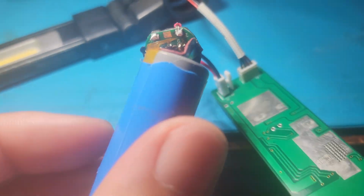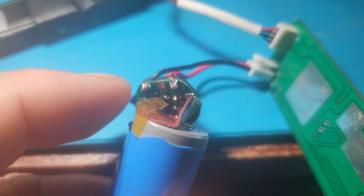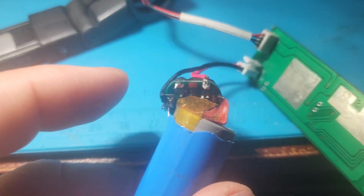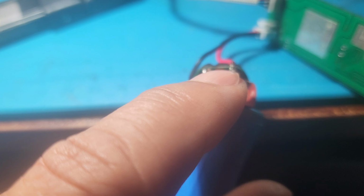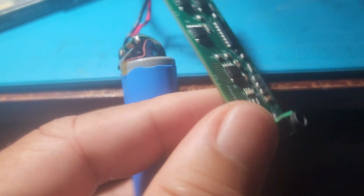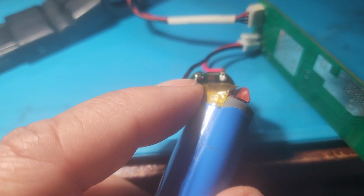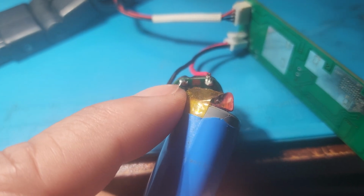So I cleaned everything inside on this board that controls the battery charging, but with my meter I could not get the right voltage coming out of this battery or charging. It would constantly show red on this board when I tried to charge it. So what I found out is there's something wrong with this board, and I couldn't get this negative to work